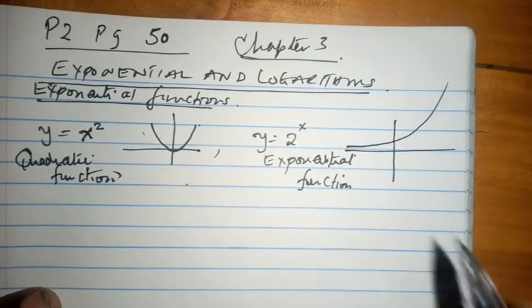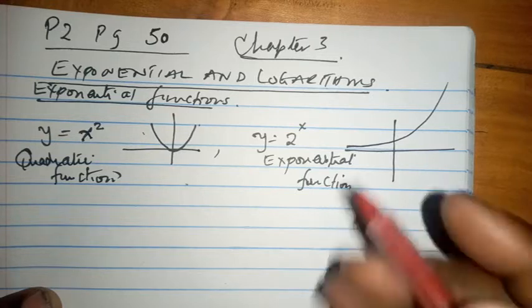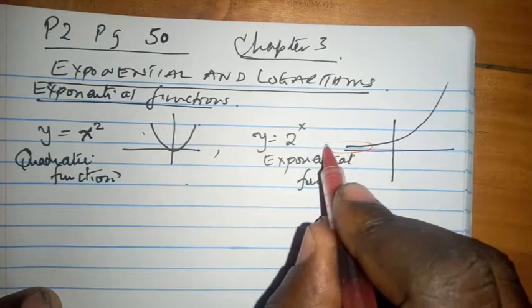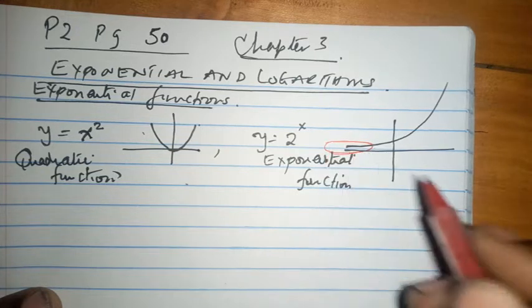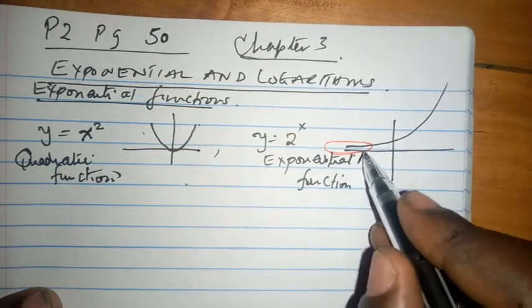I want to explain two parts of this graph. The moment you have an exponential, there is a region that looks like this. This region is actually asymptotic